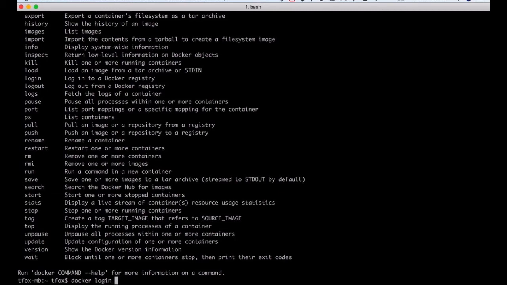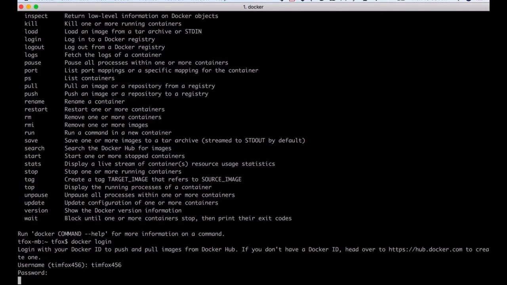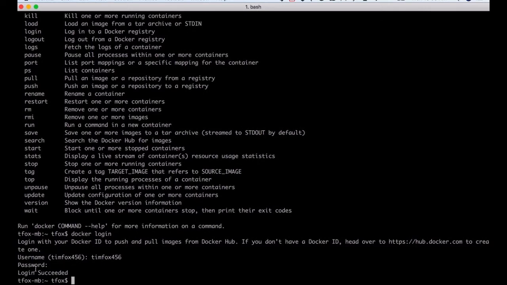Probably many of you have. Then it'll ask us what we want our Docker ID to be. In my case, I, of course, already have it there. Then type in your password, and notice it says login succeeded. That's all we need for logging in to Docker Hub, and we'll need to do that because we'll need to grab the Elephant Scale Sandbox Docker image from there.